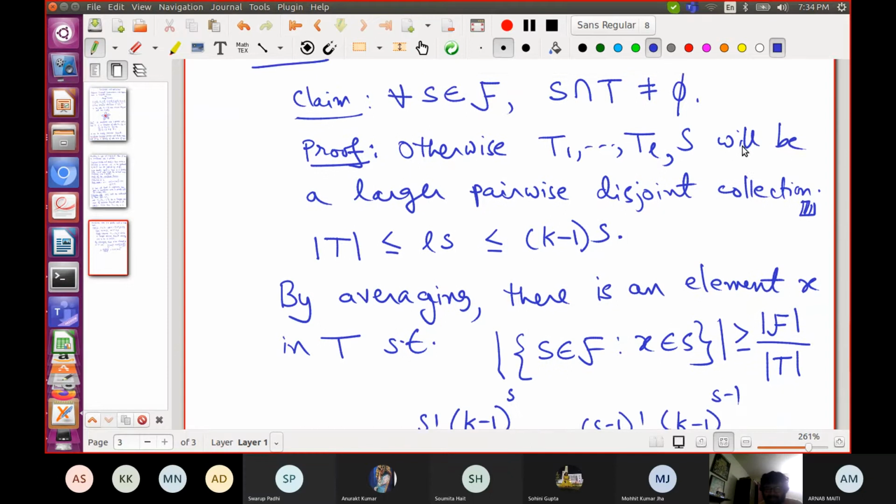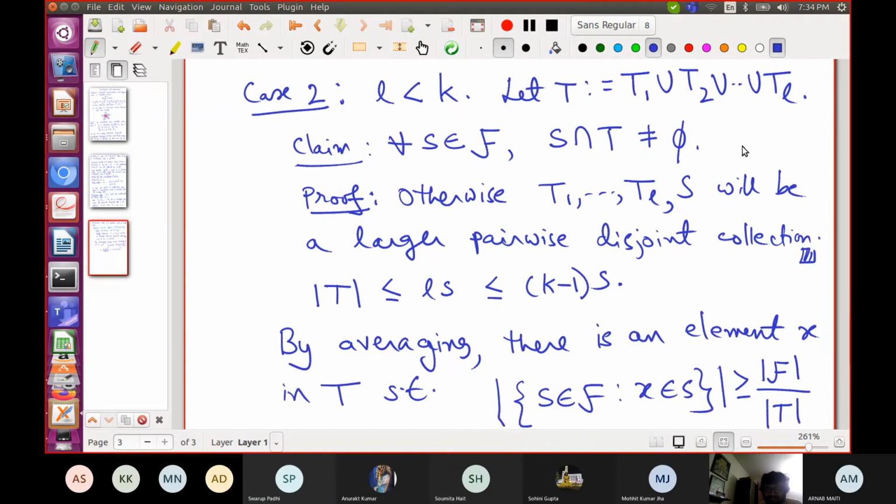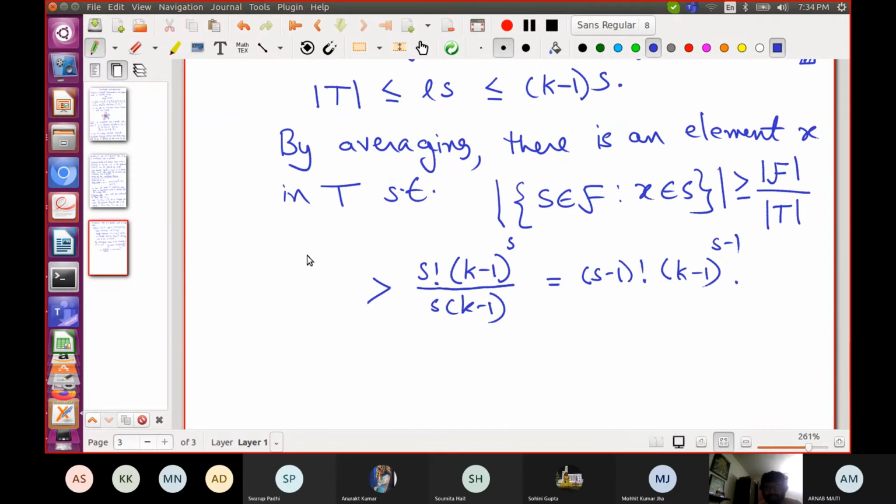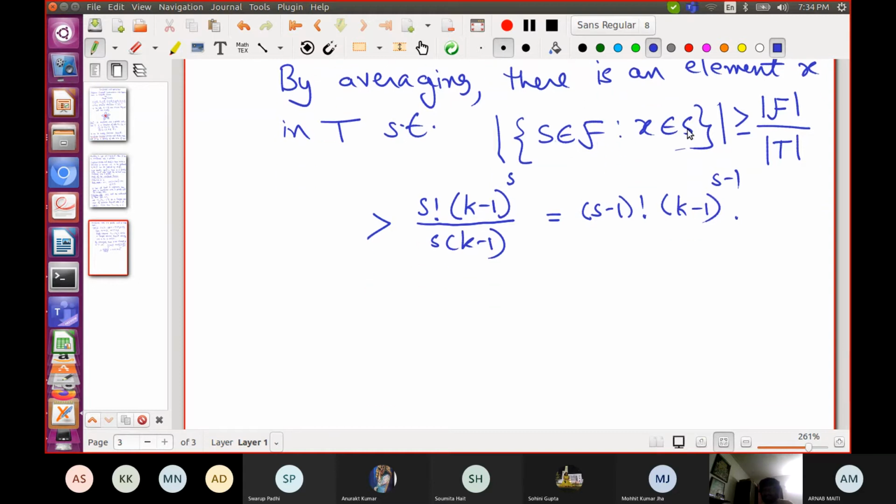More questions? Okay. So we have so far established the existence of an element X which appears in a lot of sets. So let's look at this collection of sets. Each of these sets contains X. Let's take X out of each of these sets and look at the resultant collection.